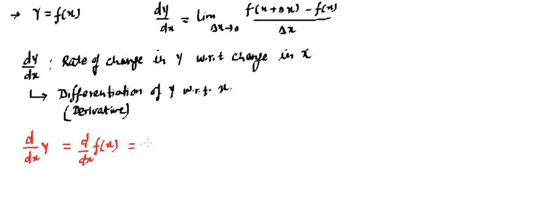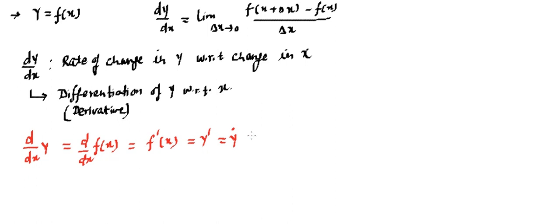Sometimes this is also written in terms of f dash or prime. So we place a prime over here. Whenever we place a prime, it means we are talking about the derivative of f with respect to x. Sometimes we also write it as y prime. That means it's the derivative of y with respect to x. So there are other notations. Sometimes we also write it as y dot. We place a single dot. That's also indicating the same thing. So these are the notations that I'm talking about. The same thing we can write in a different manner, right?